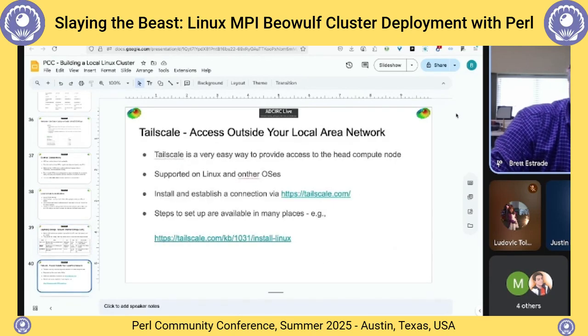And then for accessing the cluster from outside, I have my cluster running at my home. It's on the local area network, and I'm going to access it here in a second. But I'm accessing it through Tailscale, which I really have enjoyed using. I haven't heard that before. It basically allows you to put together your own VPN, so that it gives you access to your machines inside. Is it a Linux software? It's a Linux client that runs